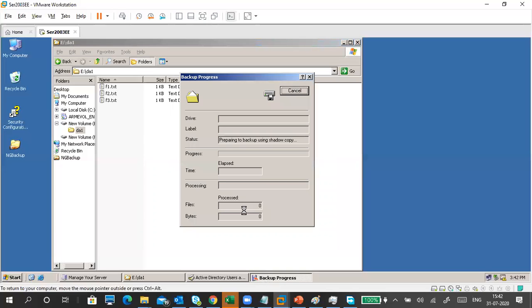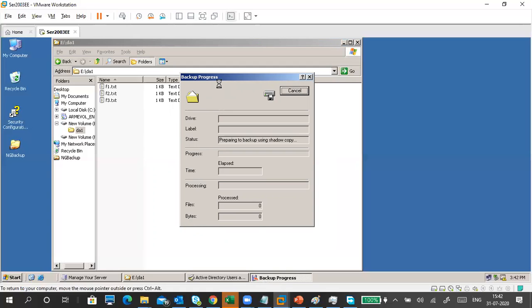Where is the wizard? Wait for it. At least I will show you the normal backup. Okay, once we are disconnected, we connect back at 4 o'clock. Take a 15-20 minute break, come back at 4:05.